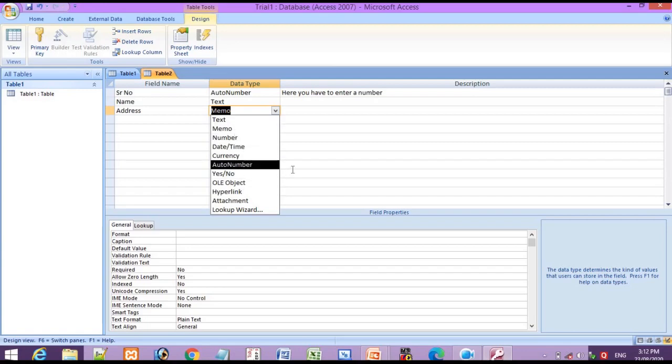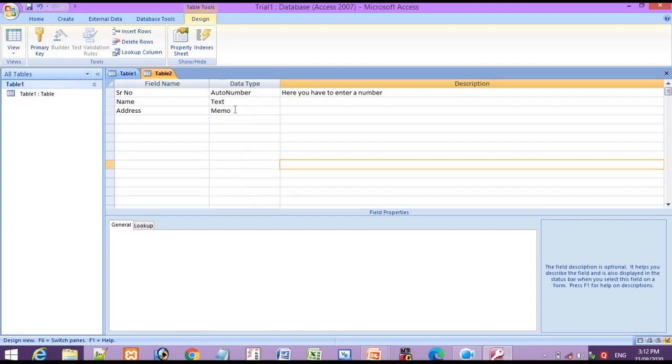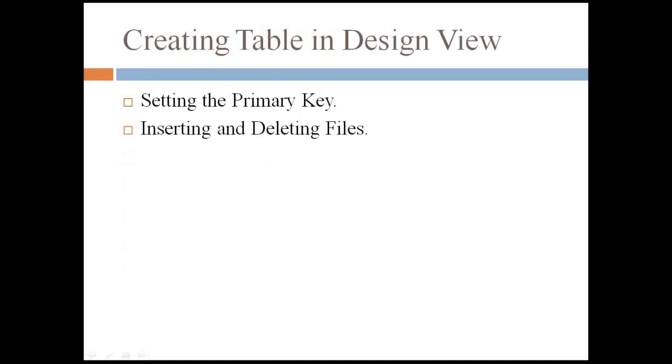So in this way we can create a table in our database. Okay, I hope that you understood all these things. So in this way we can create a table in our design view. Okay, now the next point, from creating table in design view,